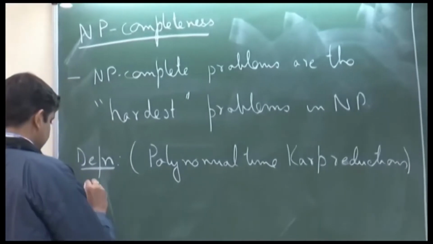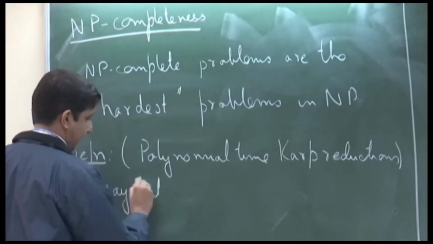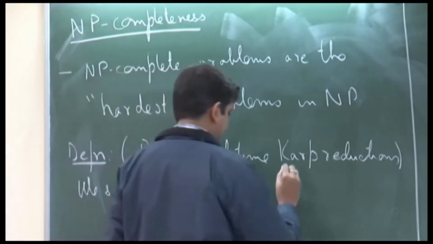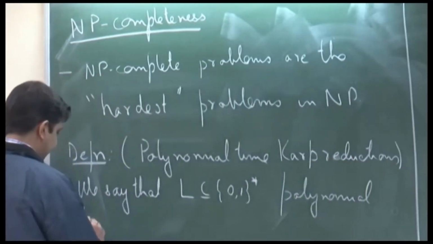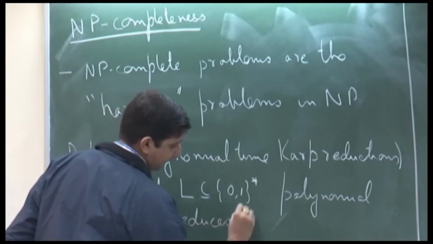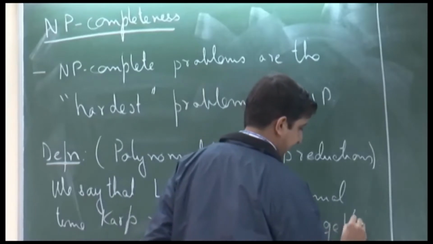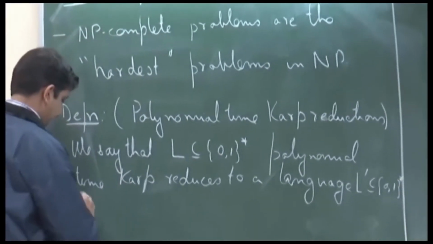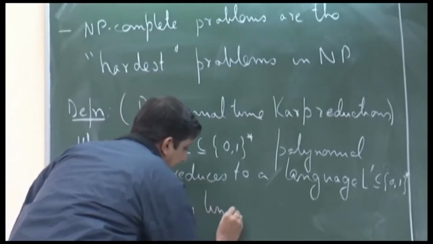So what are these reductions? We say that a language L polynomial time Karp reduces to a language, let us say L prime, if there exists a polynomial time computable function